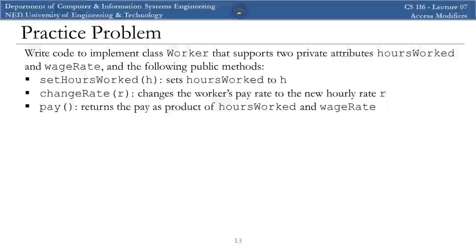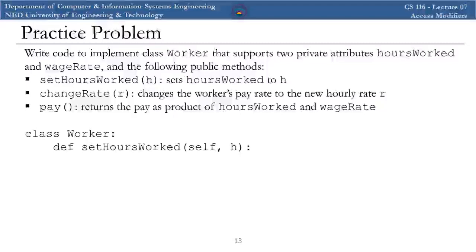Now when I start implementing this class, this is the first statement that I would write. And after that, I have to decide whether I should make these attributes, hours worked and wage rate, class attributes or instance attributes. So right now I am deciding that I'll make them instance attributes only. So I am not defining them initially in the class. So I'll directly go on to these methods. Set hours worked, this is a kind of setter method, so it will just assign this h to hours worked. But since I have to make this hours worked a private attribute, therefore I put those double underscores in